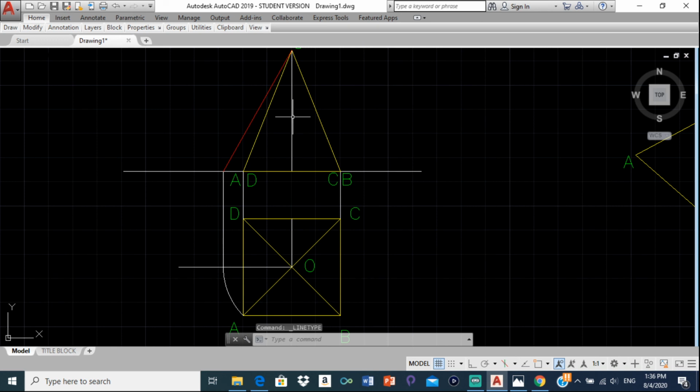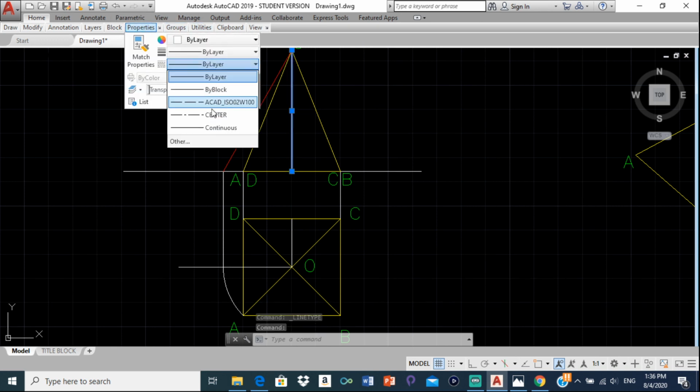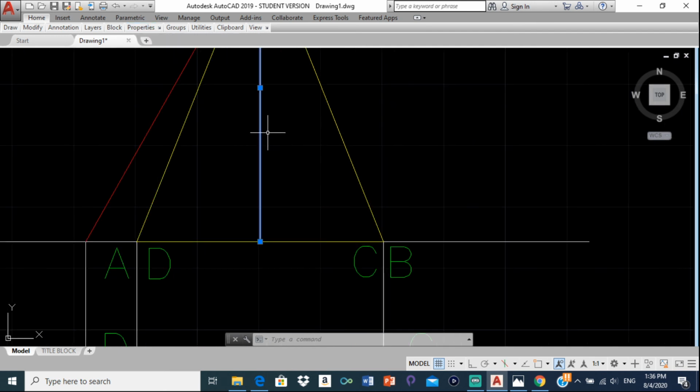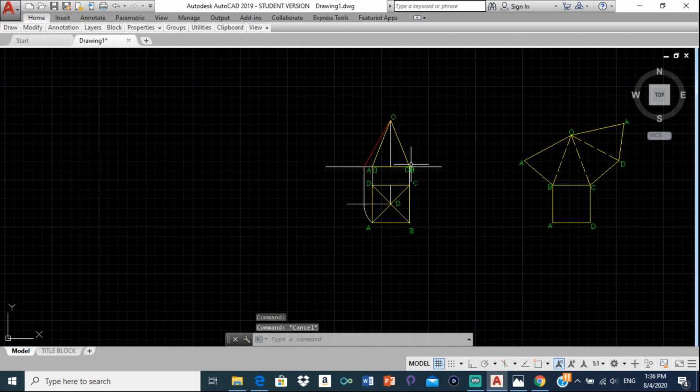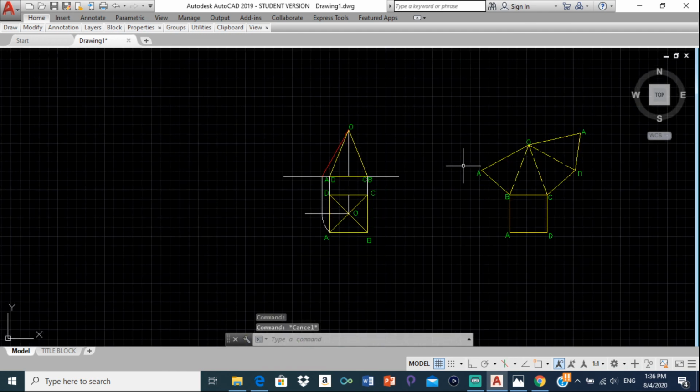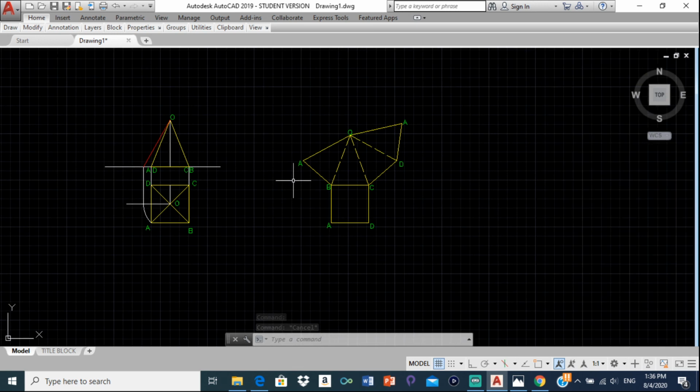If it doesn't change, you just click on it and go to properties, by layer, and select center here. Alright, so the reason why it doesn't change is because the line is so short. But anyways, this would be a center line. Alright, so this would be the completed surface development for the square-based